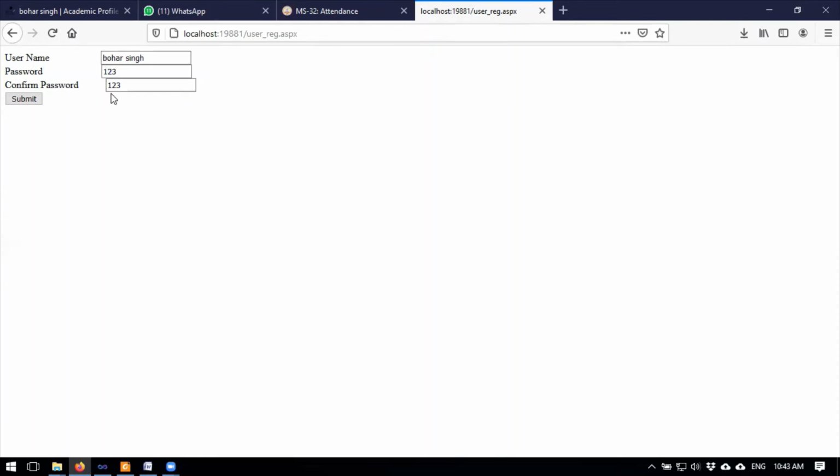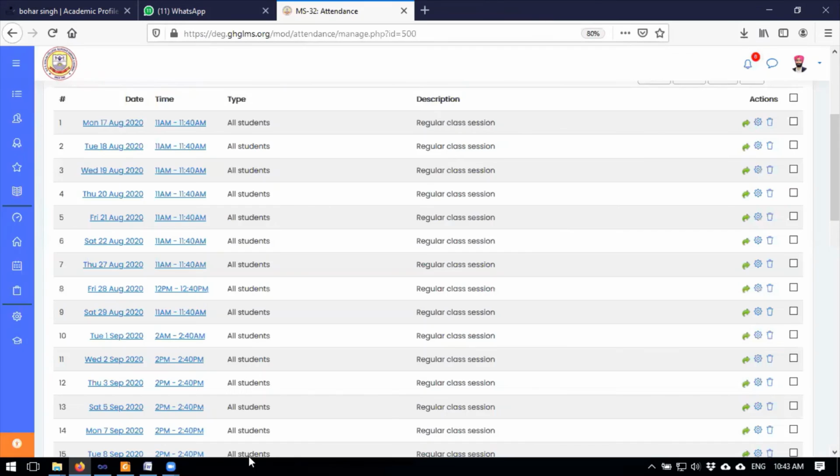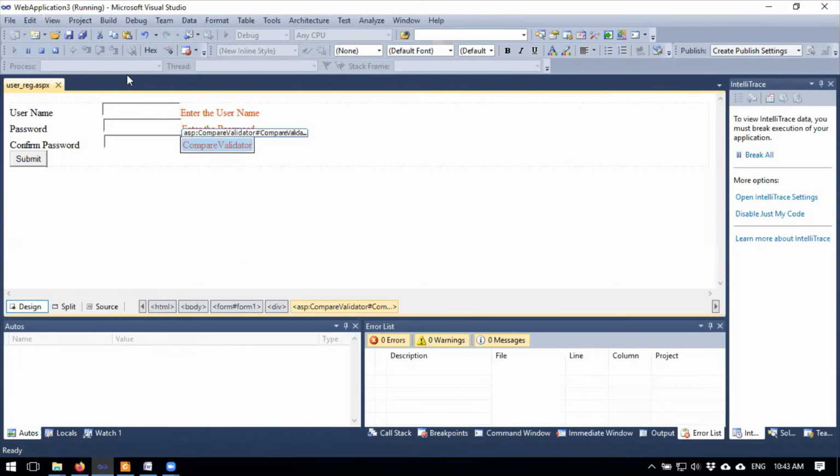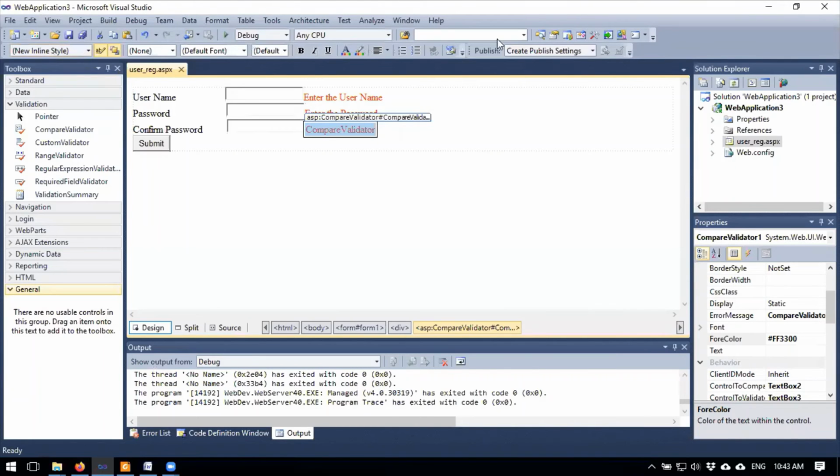So in this way you can apply the various validation controls to the form. Again come back to the website, then stop the execution.